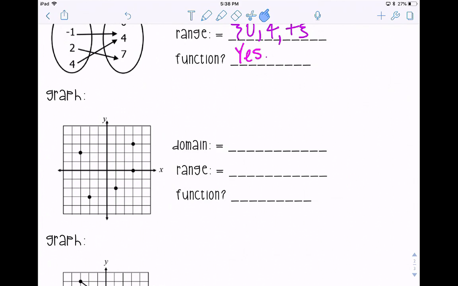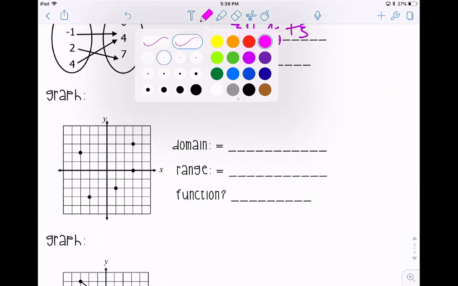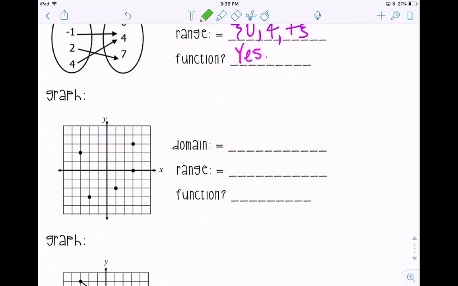So we can just list them out. There's a couple of ways you could do this. You could write out each ordered pair, and some people might need to do that. Or you could just look at the graph and count as you go. So domain is x, again, so we're looking at our x's. So I just need to figure out what is this x right here, then what is this x, then this one,